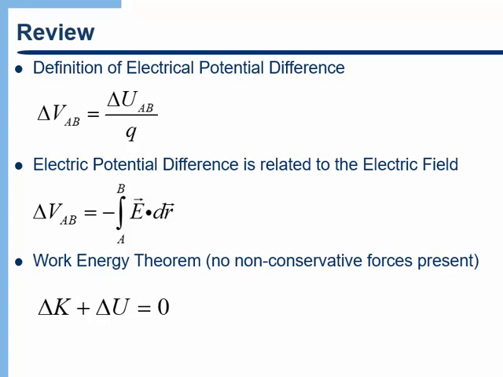Let's review a few of the things that we talked about in our first online class. I want to start with the definition of electric potential difference. So remember, delta U is the thing that you're familiar with from Physics 1. It's the change in potential energy. And just like a mass has potential energy in a gravitational field, a charge has potential energy in an electric field. What we do, though, here is we define a new thing called electric potential difference as the change in